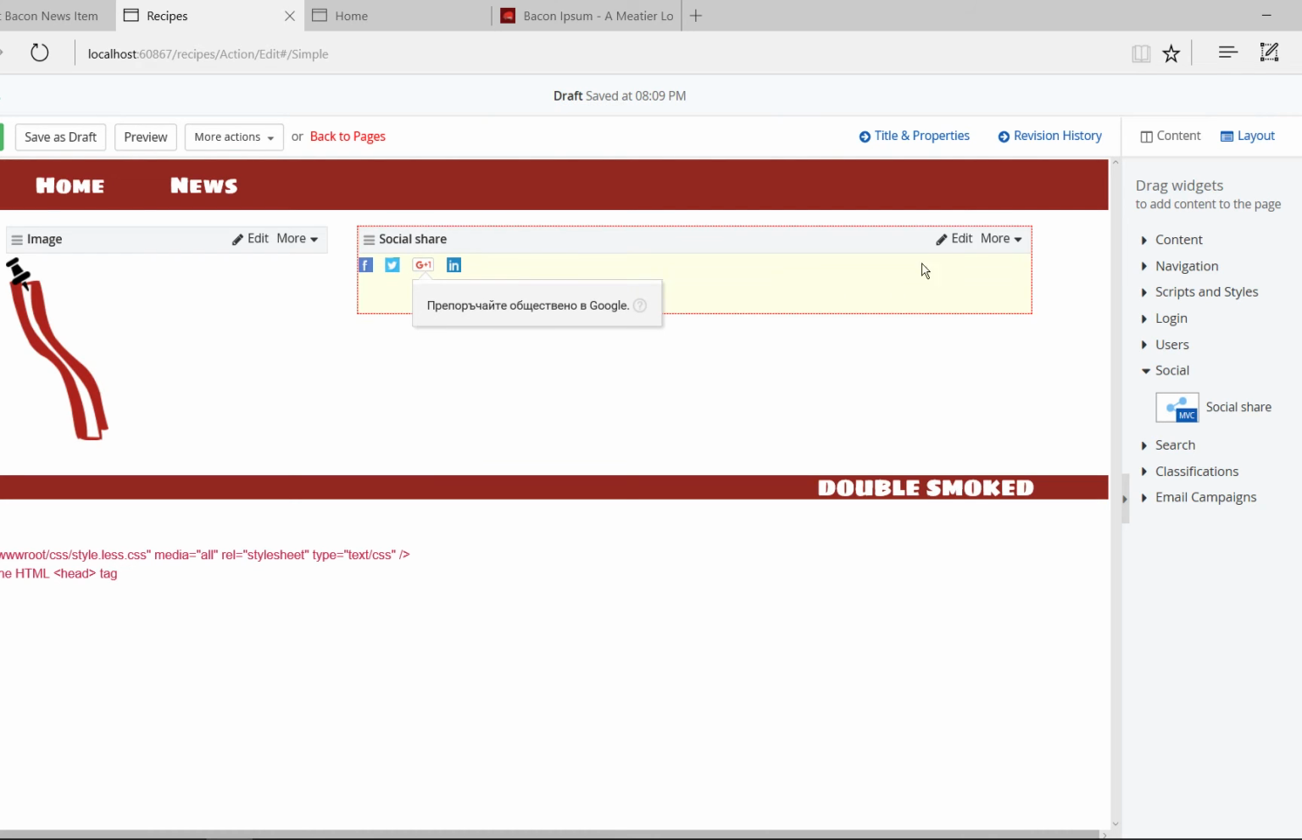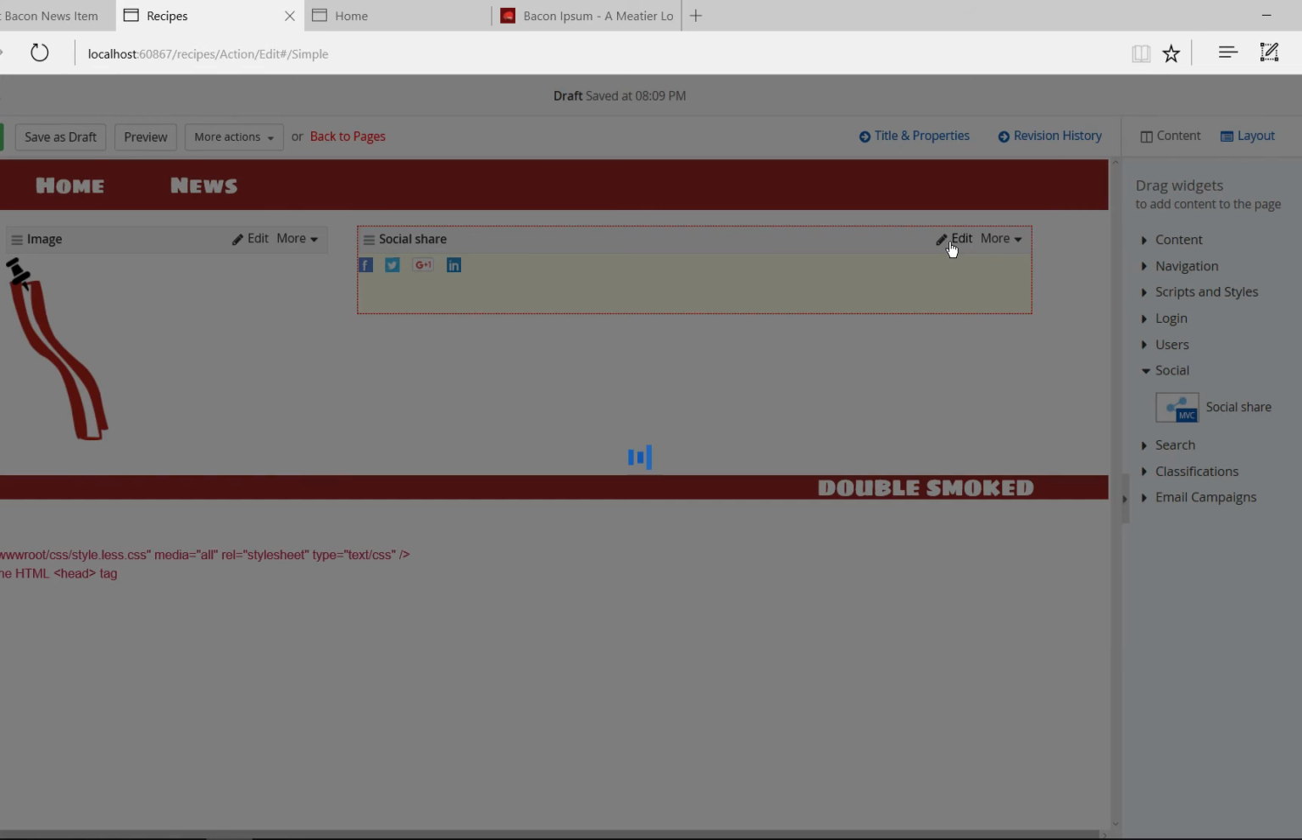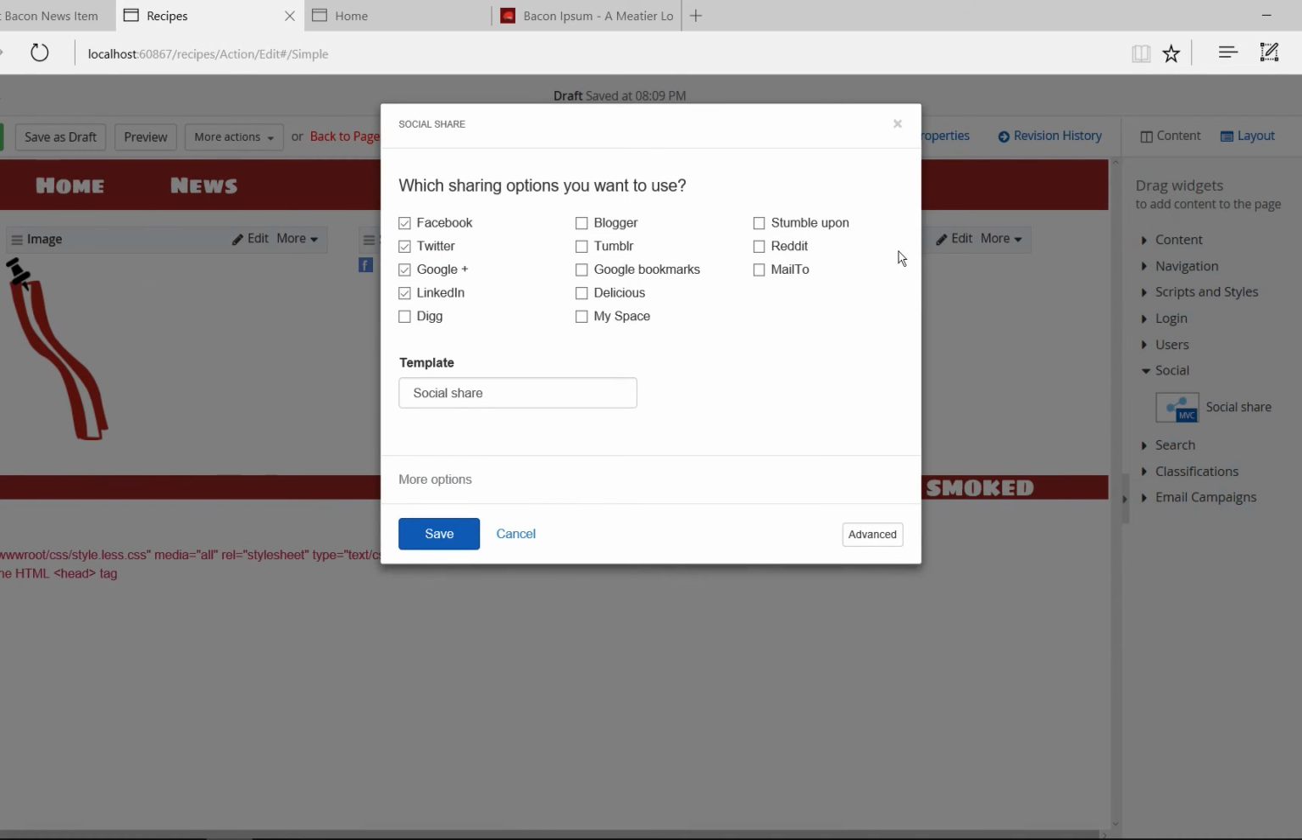Let's see what this widget is capable of. Let's click on Edit, and here we have many options to choose from. So for example, I want to remove this link and add some additional links here, and I can also choose a different template for the widget. So right now it's being rendered using the social share template,